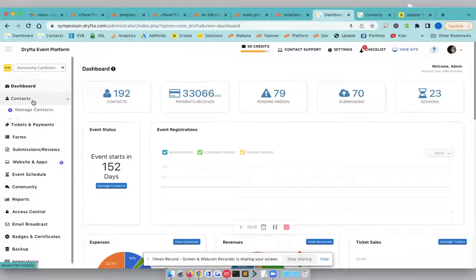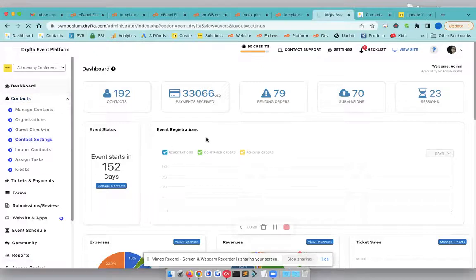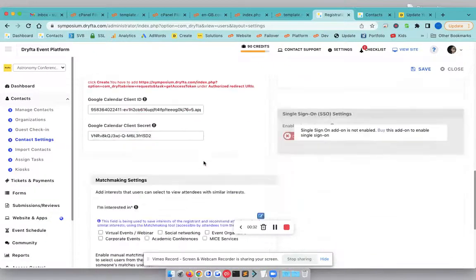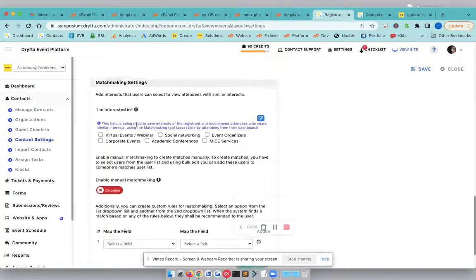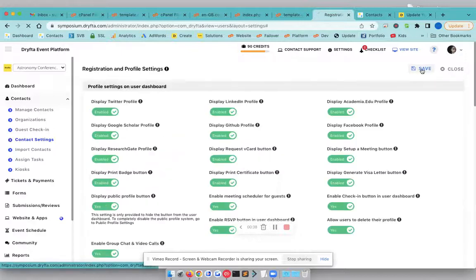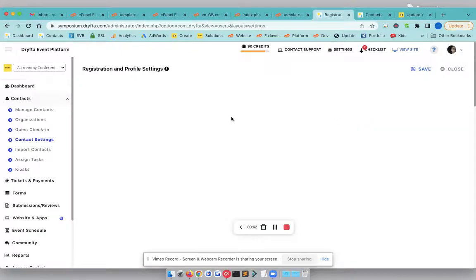So let's go to contact settings and scroll down to the matchmaking settings. Enable manual matchmaking first, then click on save. Now to match